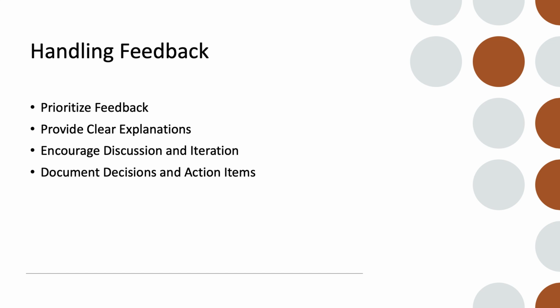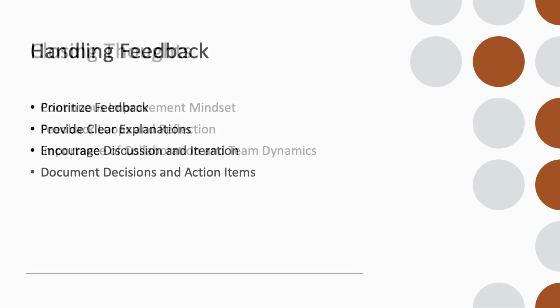You should continue to iterate on code changes until consensus has been reached, and also document decisions and action items. This ensures accountability and helps track progress. So this would help to ensure that feedback is addressed in a timely manner and that improvements are incorporated into